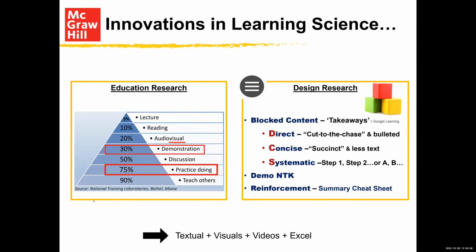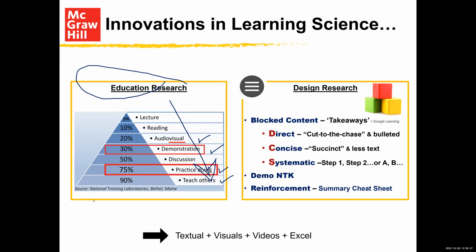So in terms of innovations in the textual content, we look to learning science to guide us with our classroom materials. And I want to identify 2 lines of research. We won't have time to delve into those very much, but in the education arena, we oftentimes hear of this learning pyramid. In essence, all it says to us, which is very important though, is that anytime we get a chance to use audio visual aids, demonstrations, practice by doing, having students present, that's advantageous to students' learning retention.